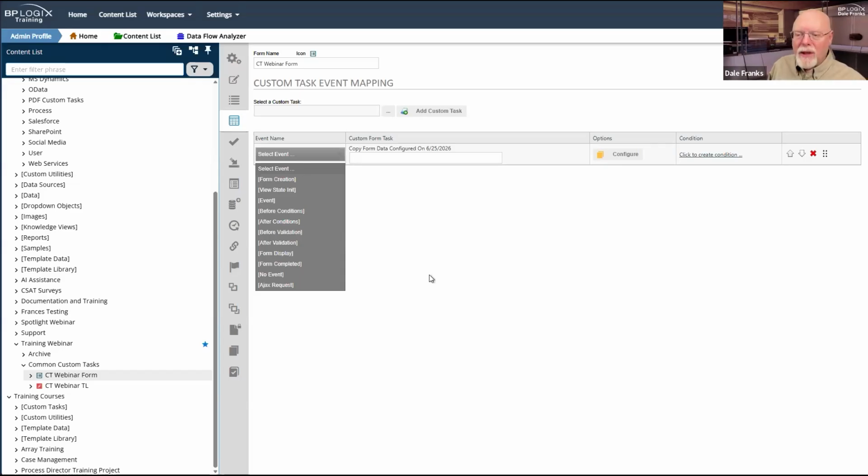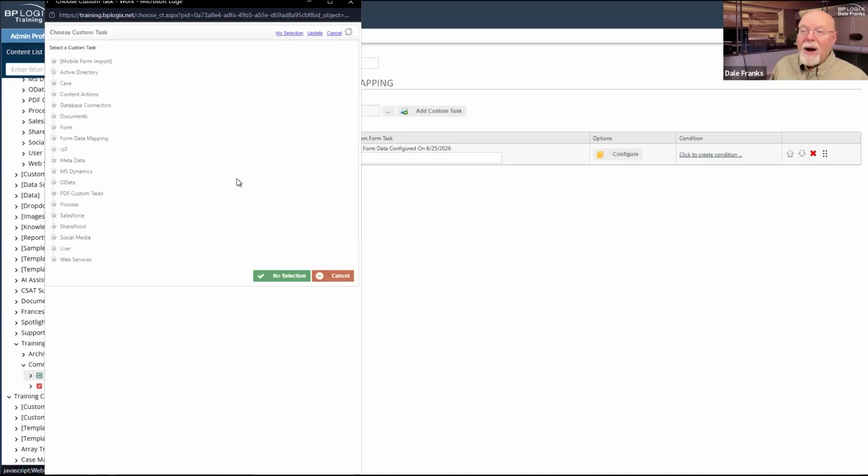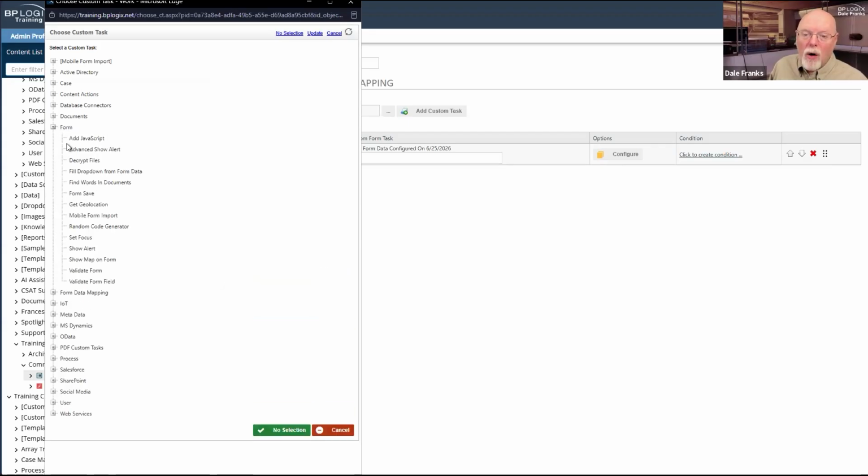Other than that, everything is largely the same, except that while most custom tasks can be run from a process timeline or a form, that's not universally true. And it is certainly not true in terms of the form type.